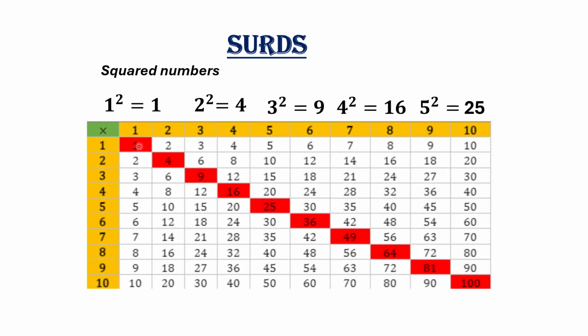So let's have a look at this table here. The numbers in red are the squared numbers. So if the question asks you what's root 100, it's just 10, because it's 10 times 10. So what will the question look like? The question will look something like